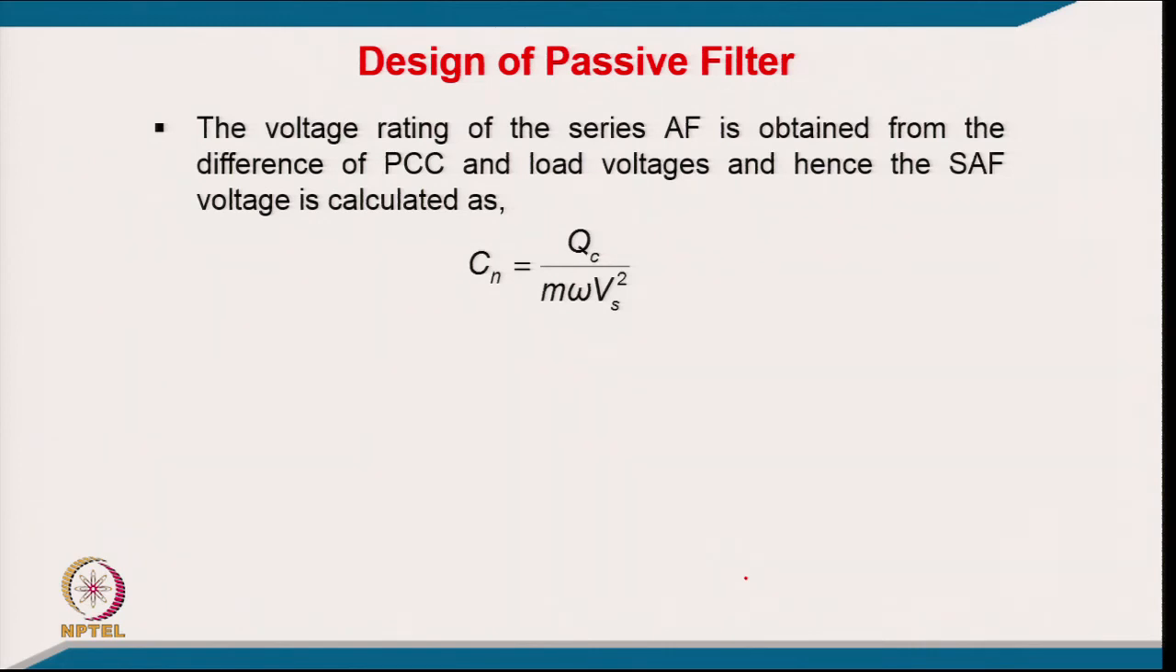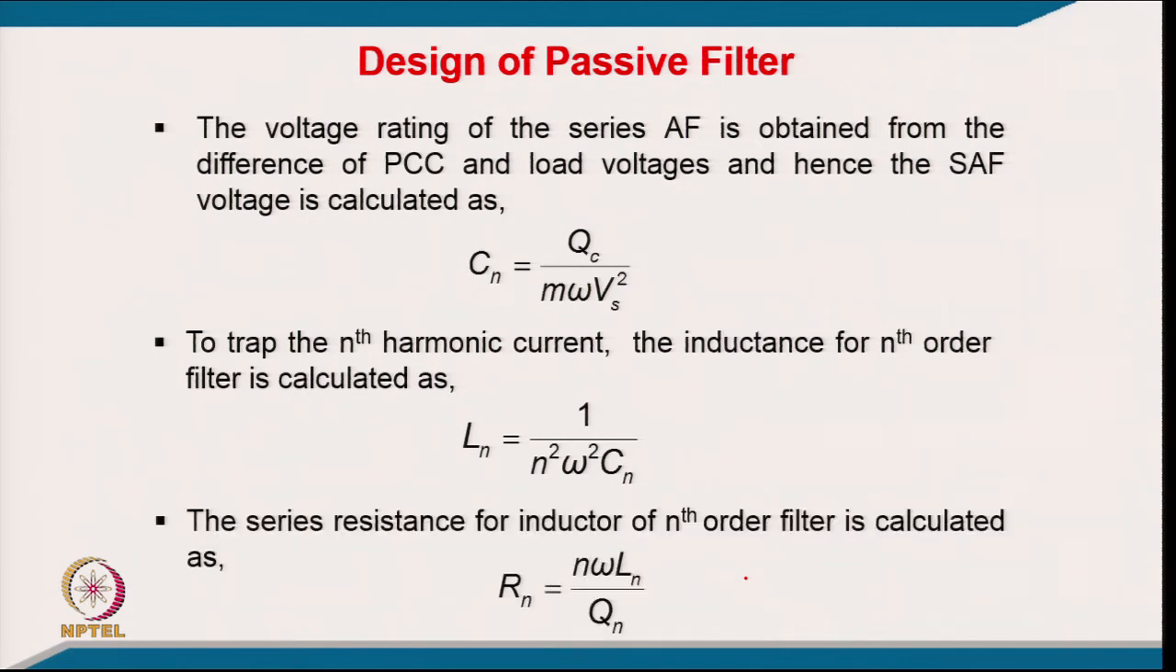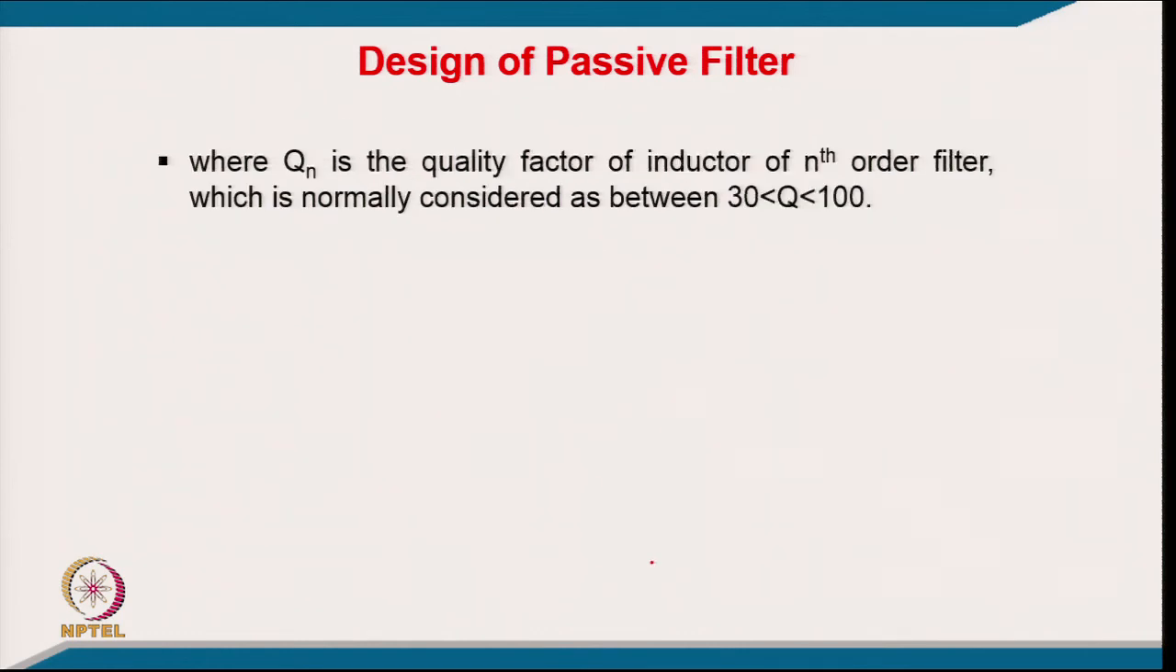Hence, the capacitance is calculated as Cn equal to Qc upon m omega Vs square, and for the trap for the nth harmonic current, the inductance is calculated as Ln equal to 1 upon n square Cn. The capacitance is calculated from reactive power and the inductor is calculated from this tuning relation for a particular harmonic, and the series resistance for the inductor of nth order is calculated from the quality factor, that is Rn equal to n omega Ln upon Qn, and Qn is the quality factor of the inductor of nth order harmonic, which is normally considered between